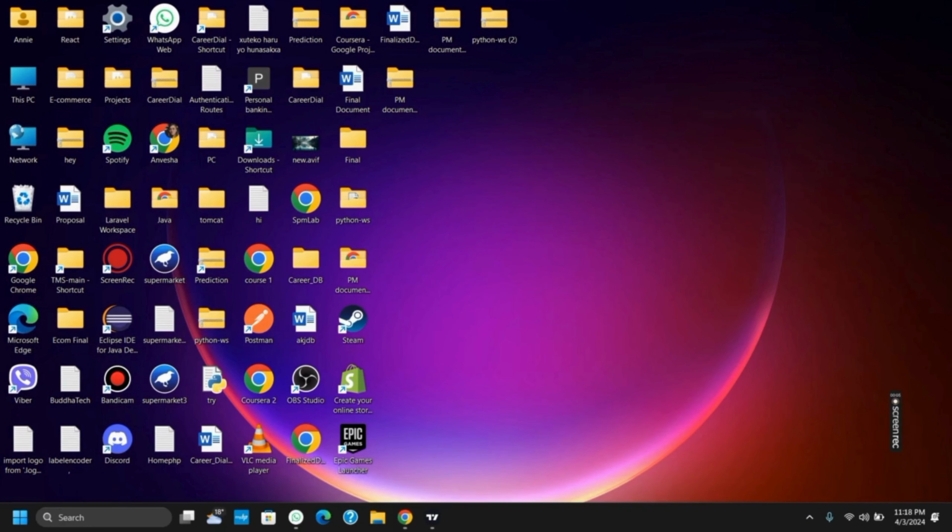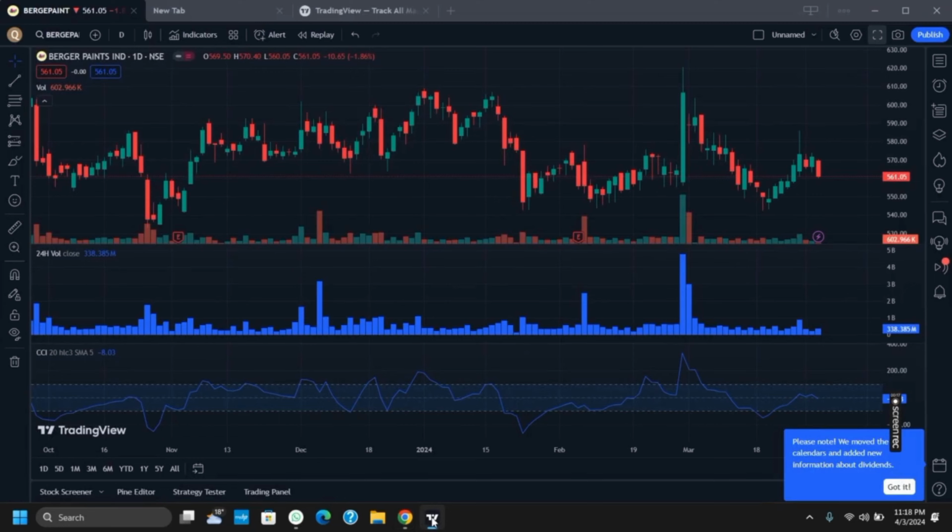On today's video, we'll be discussing what is PineScript TradingView and how to add it. So, first of all, PineScript is a domain-specific scripting language which was developed by TradingView specifically for creating custom technical analysis indicators and strategies on the TradingView platform. It allows users to create their own custom indicators, strategies, and alerts based on various market data such as price,